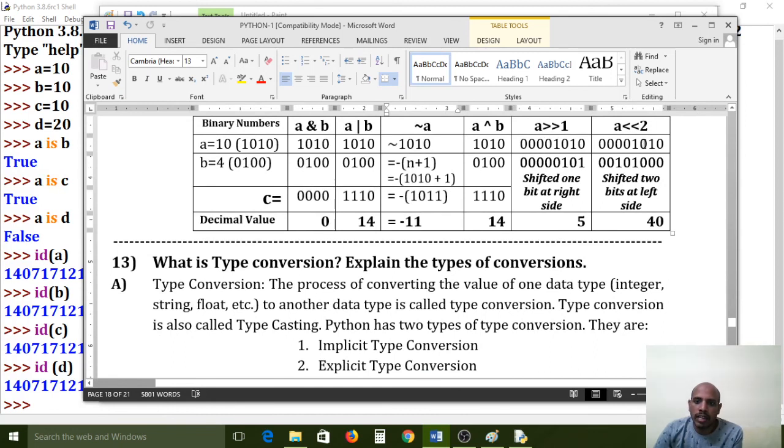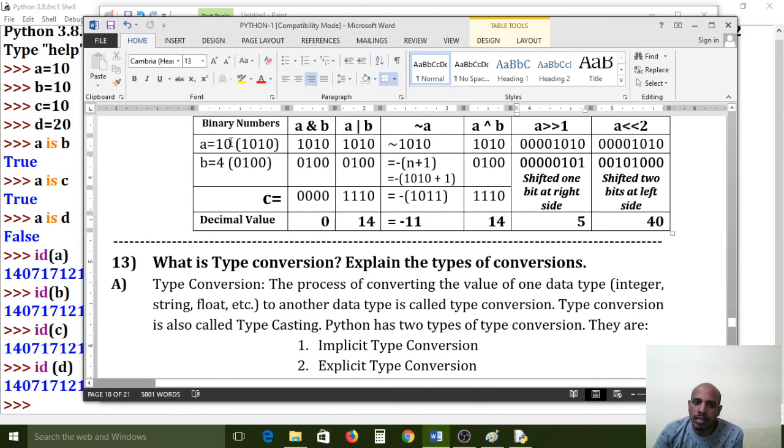So a left shift or a right shift operator is nothing but, a right shift operator 1 means 1 bit I want to shift. The actual format is what? The a value is 1010, and the remaining zeros are 4, because an integer can spare 8 bits of memory. So that's why I used 8 digits here. Internally the integer data type occupies only 8 bits of memory. So that's why I used 8 digits.